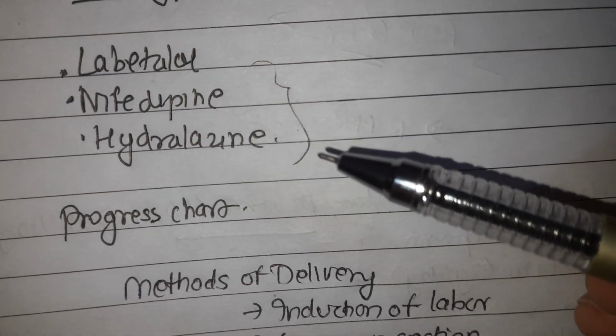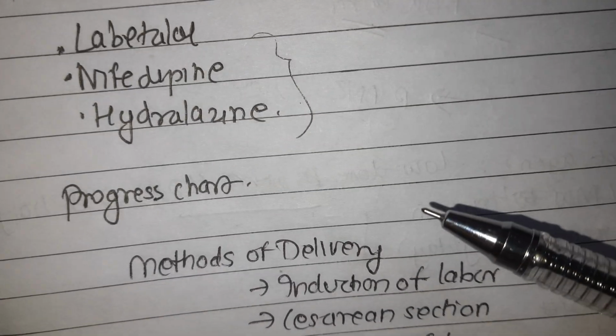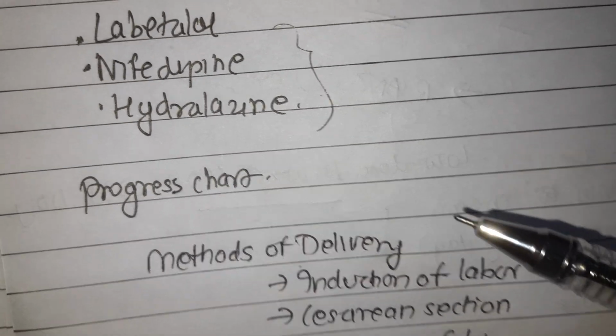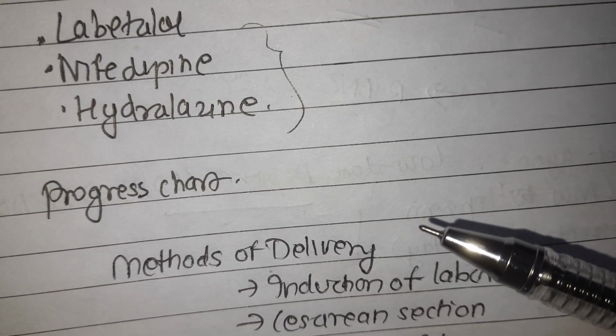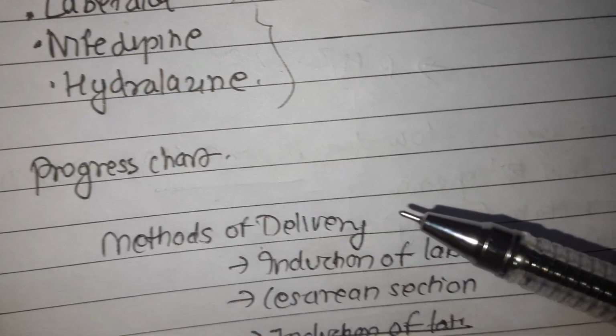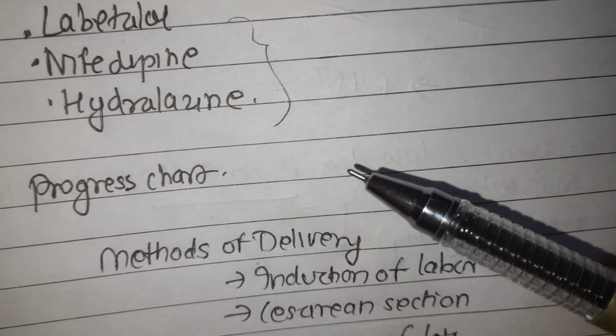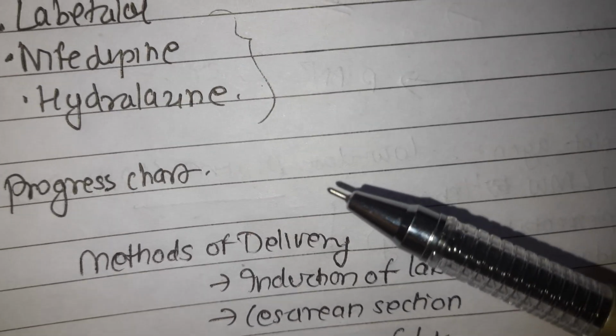And we have to maintain the progress chart also. The effect of treatment should be evaluated by maintaining a chart which records the following: a daily clinical evaluation of any symptom like headache, right upper quadrant or epigastric pain, visual disturbance, oliguria; the blood pressure 4 times a day with appropriate cuff size, state of edema, and daily weight record, fluid intake and urinary output,